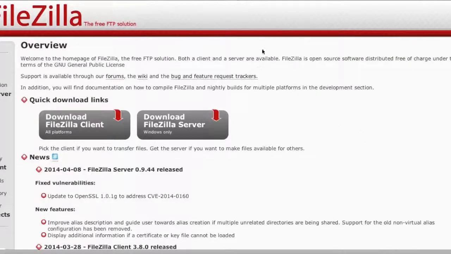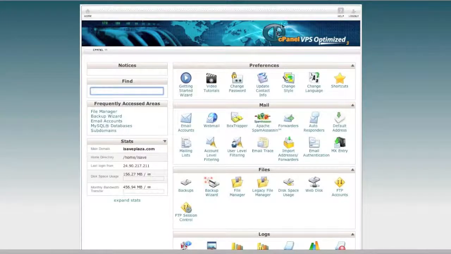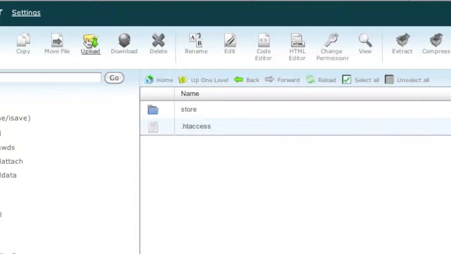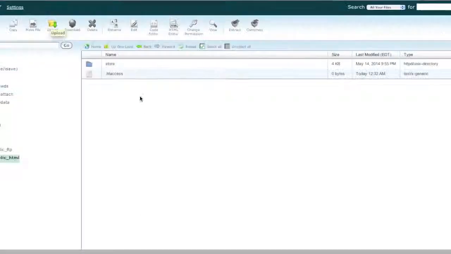Note that if you are using cPanel, you might as well install WordPress through the cPanel interface simply by clicking on the upload icon here and uploading the file in the archived format and then unarchiving once the file has been uploaded. That is actually better because it preserves folder permissions, but if you do not have cPanel, simply proceed with FileZilla